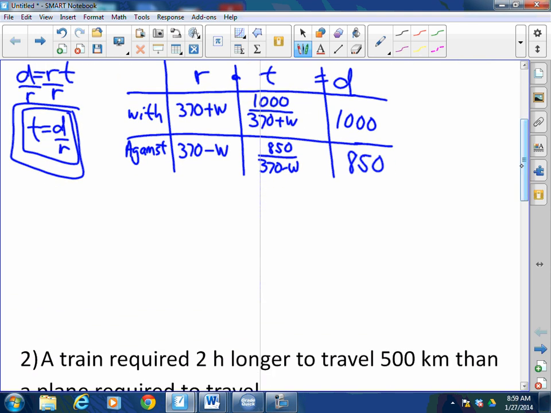So time is equal here. So 1,000 over 370 plus the wind speed, that's the time that it took the plane going with the wind to travel 1,000 kilometers. That equals the same time that it took the plane to go against the wind, 850 miles. Go ahead and cross multiply, and you're going to get